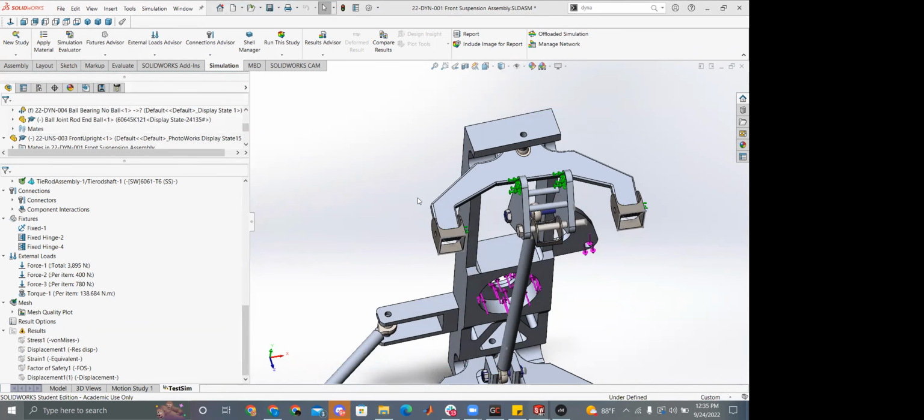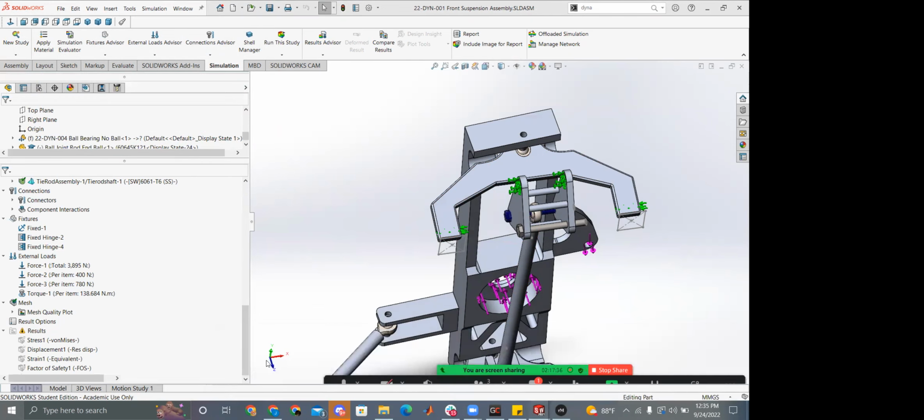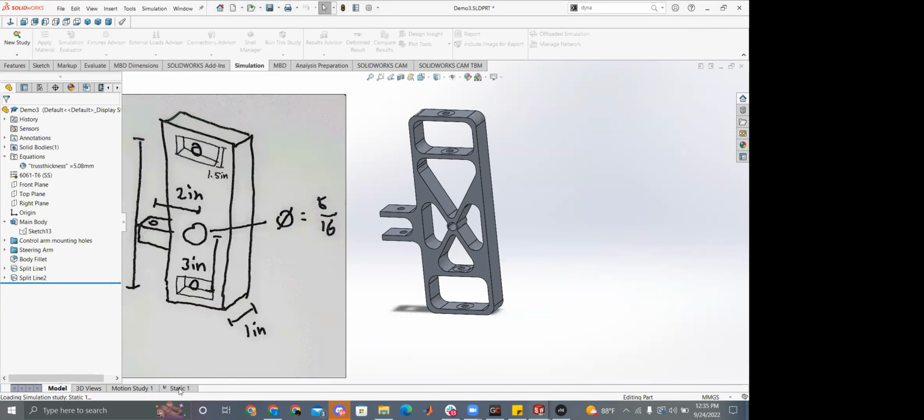I would run it for you, but this one takes 10 minutes to run, so I'm not going to do that. But for different parts, it would highlight them in different colors for their lowest factor of safeties. So that's something to do. And also something that's nice to do in the factor of safety plot